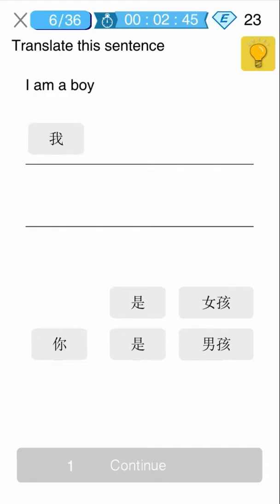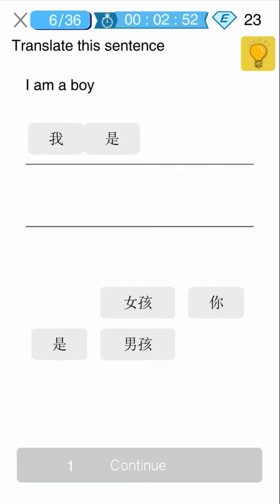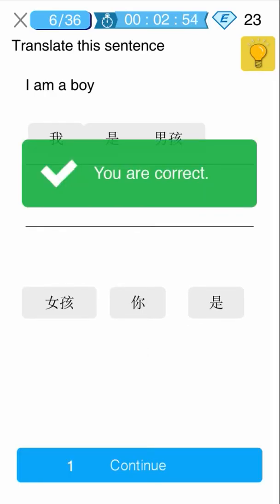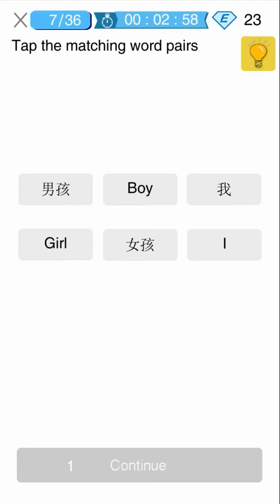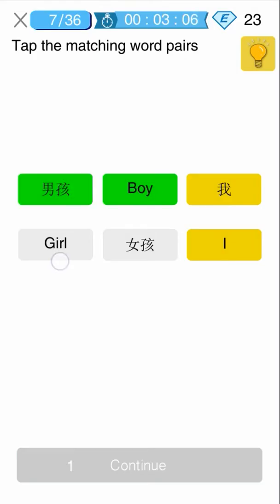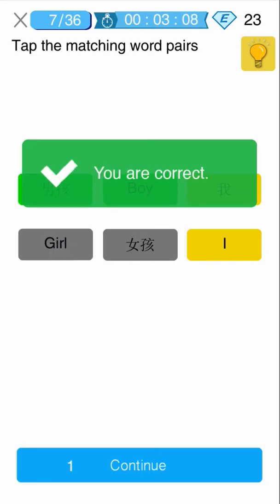I don't fully understand it, but it just seems to work because I've only been using this for 2 months. 我是男孩, okay? And then over here, we're matching English words to Chinese words. I, 我, and then boy, 男孩, girl, 女孩,